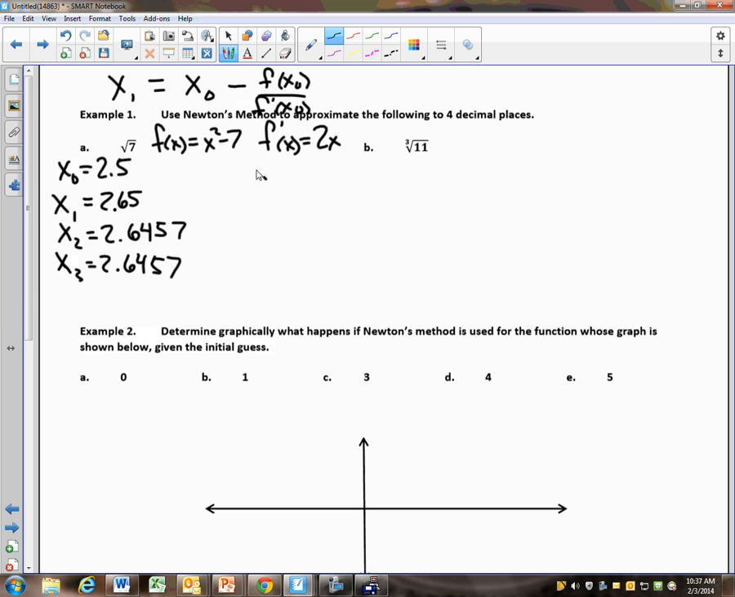Let's try cube root of 11. F of x is x cubed minus 11. F prime of x is